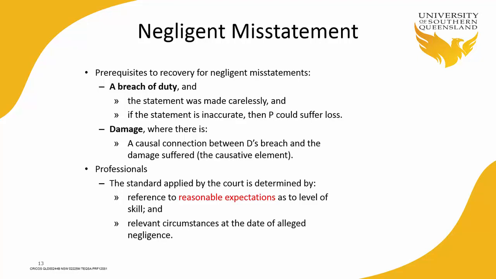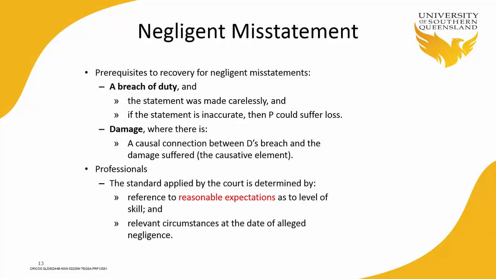Finally, you talk about the damage. So you must establish that there is a connection between the defendant's omission and the damage that the plaintiff suffered. So this is what we called previously causation, or the causative element. Now, in relation to professionals,